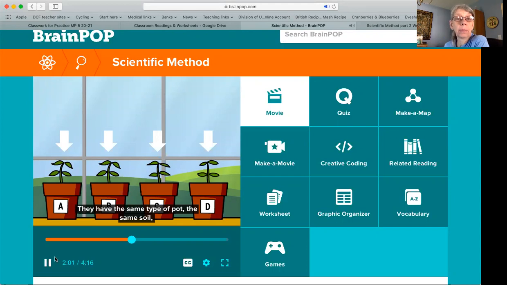They have the same type of pot, the same soil, and they're getting the same amount of sunlight. Now, why is that important? Well, different kinds of pots can let water evaporate from the soil because the pot itself can absorb some water, and then it has little air holes in it that can help do that. The amount of sunlight's important because sunlight's also part of photosynthesis. And how healthy a plant is can depend on how much light it gets as well as how much water it gets. So if we're only looking at the watering schedule,